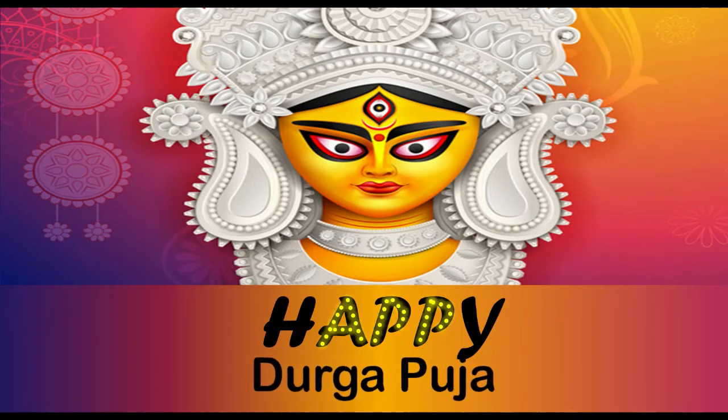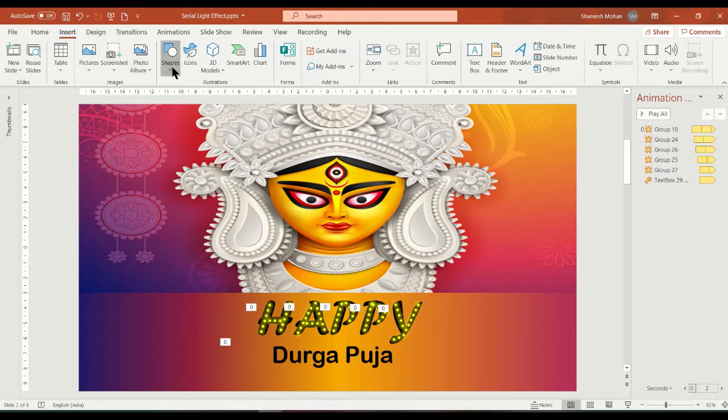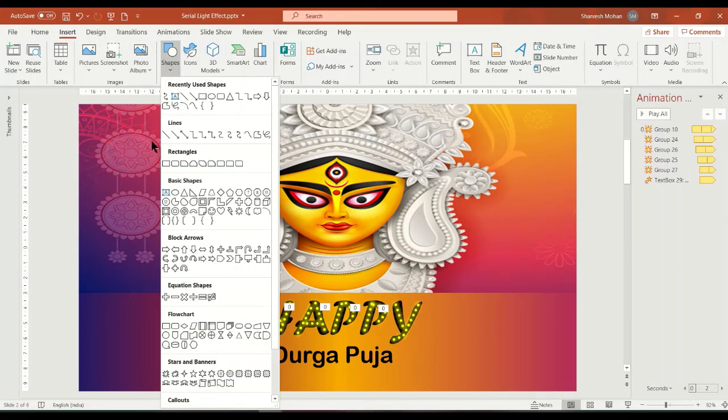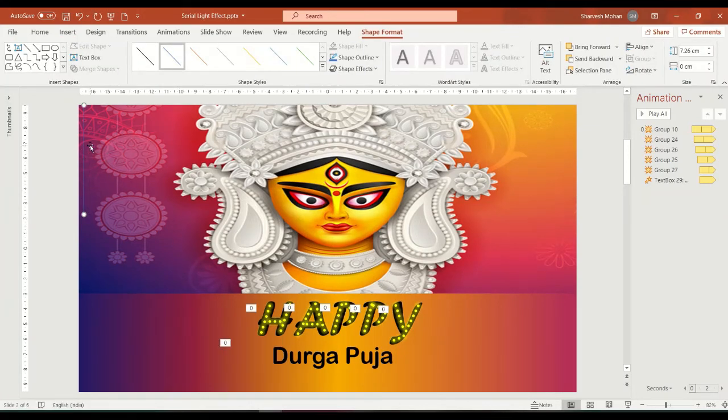Okay, now we'll add the serial light effect at both sides of the slide. Let's go to insert shapes. Again we'll select lines. We'll draw from here to here. Same way, go to format shape.